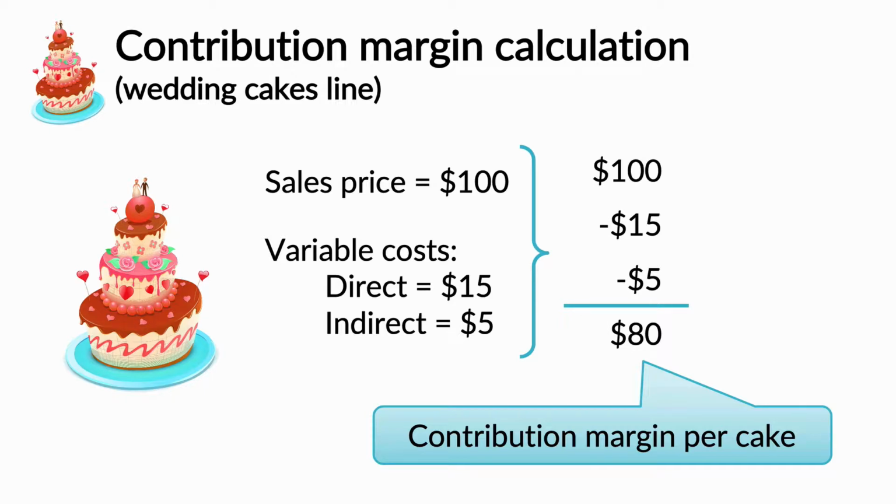One note on implementing this in practice though. While in theory these cost calculations seem very simple to do, in practice getting to this $5 may not be so easy. After all, how easy would it be to calculate how much electricity, water, and other indirect variable things we are spending per cake? One important thing to note here is that although we could perfectly calculate our contribution margin per unit for the past, the one that's really interesting for making decisions for the future is the future one.